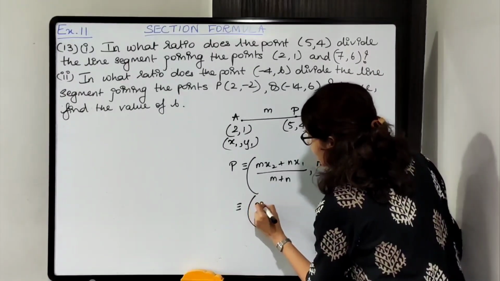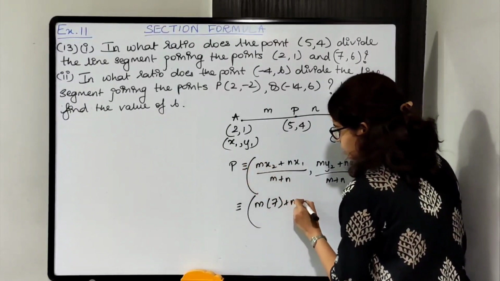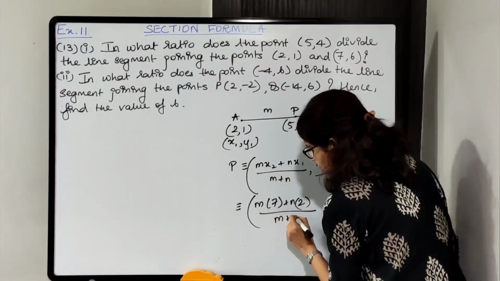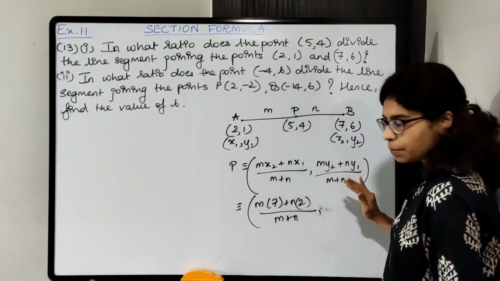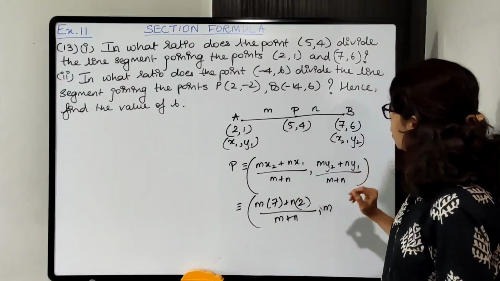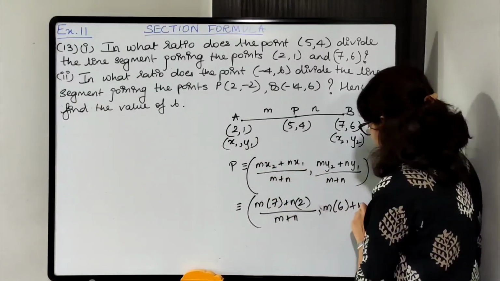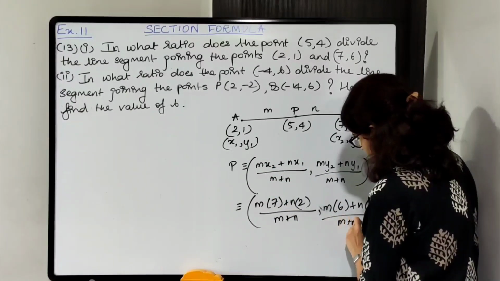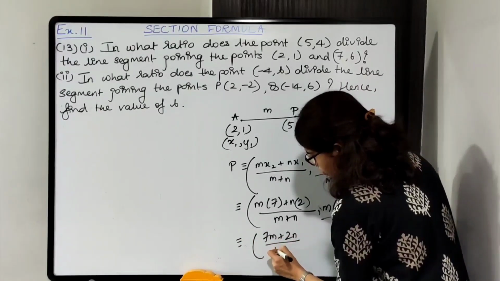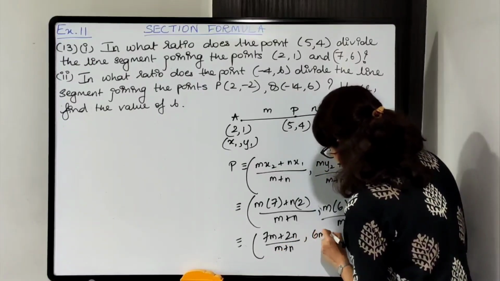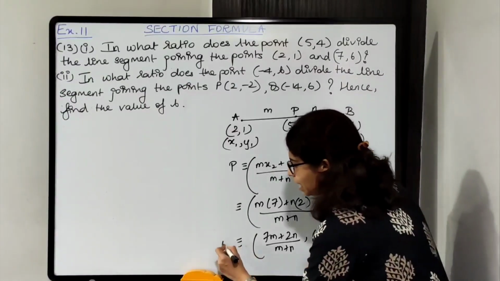So m as it is रखेंगे, x2 क्या है 7 है, n as it is x1 is 2 and upon m plus n. Same thing यहाँ पे, m y2 is 6 and n as it is y1 is 1 upon m plus n. So it will be 7m plus 2n upon m plus n and 6m plus 1n is n upon m plus n. Now ये p का coordinates होगा